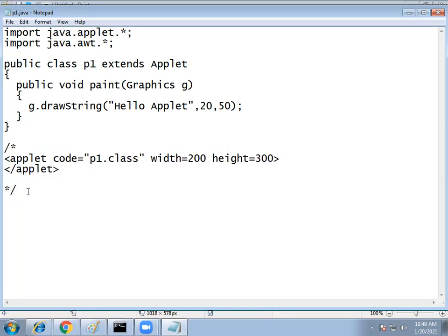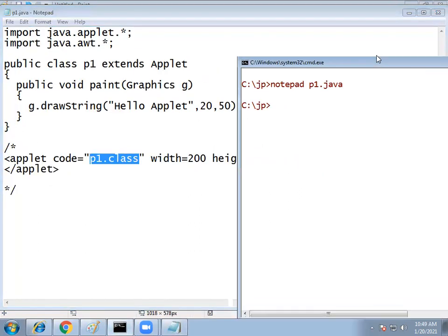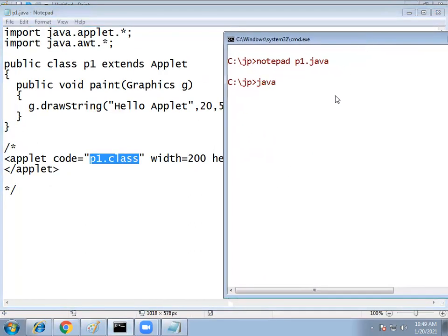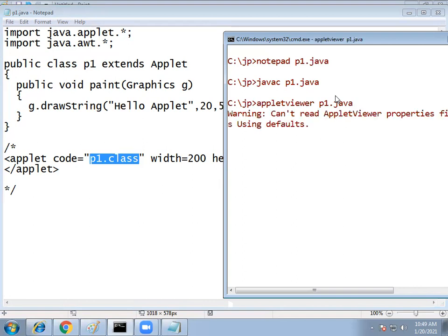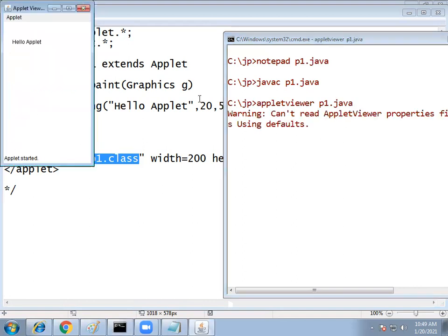The applet viewer will read this code and load the dot class file onto the applet. So compile the code with javac p1.java, and then run appletviewer p1.java, not the class file.